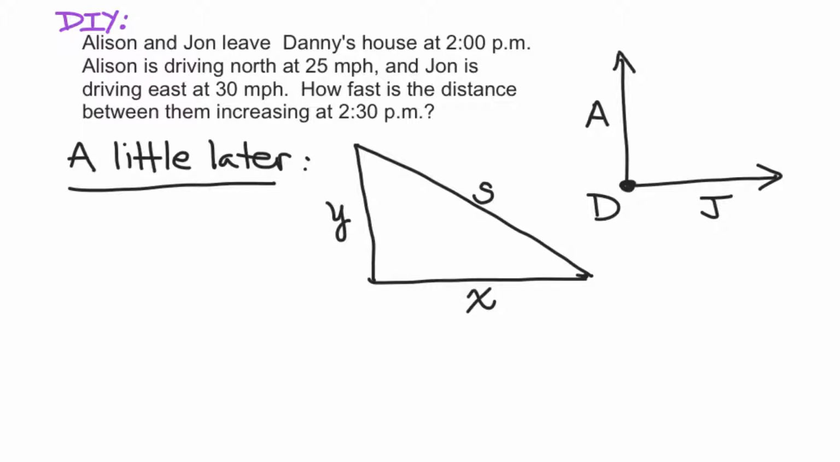Well, remember, for a related rates problem, we need some kind of relationship between the variables and their rates of change so that we can determine what we want to know. Okay, so what is that relationship? Well, it's the Pythagorean theorem. So we have x squared plus y squared is equal to s squared, and now we'll pause the video again